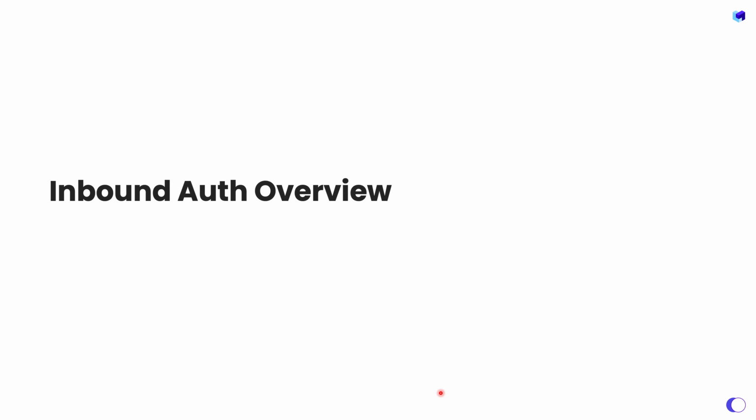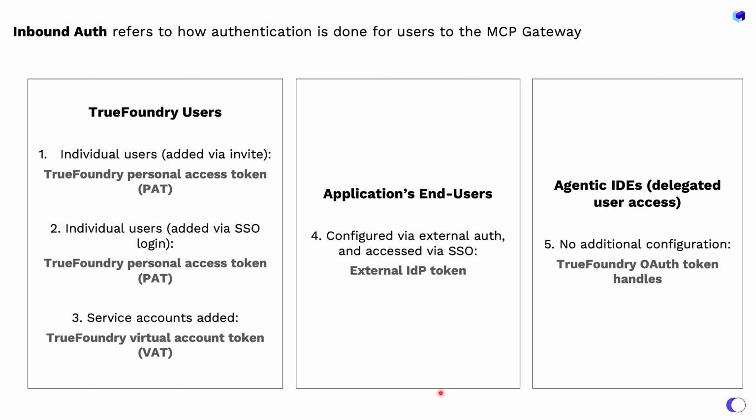Now let's go into inbound auth. Inbound auth, as we discussed, refers to how authentication is done for users to access the MCP gateway. There are 3 primary buckets here. The first is TrueFoundry users, where users can be added via invite. And when the users are added via invite to the TrueFoundry AI gateway, the TrueFoundry personal access token can be generated by these users. The second way is that individual users can be added via SSO integration,